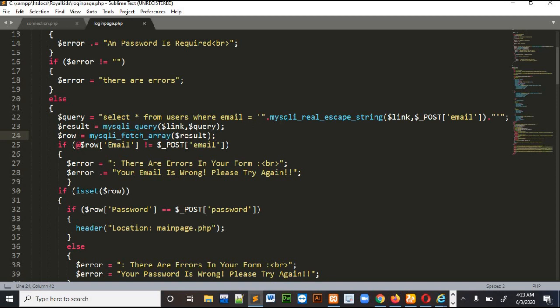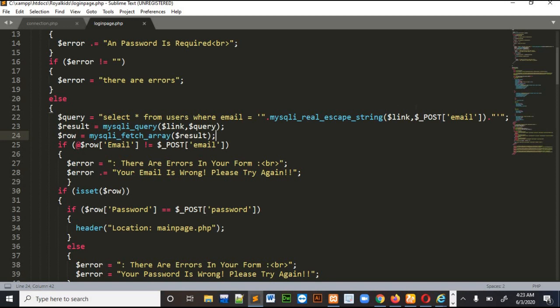There is a function I had used, mysql_real_escape_string. This function will remove every unnecessary gap or anything between my string. If there is any gap in my string, this function will remove that.